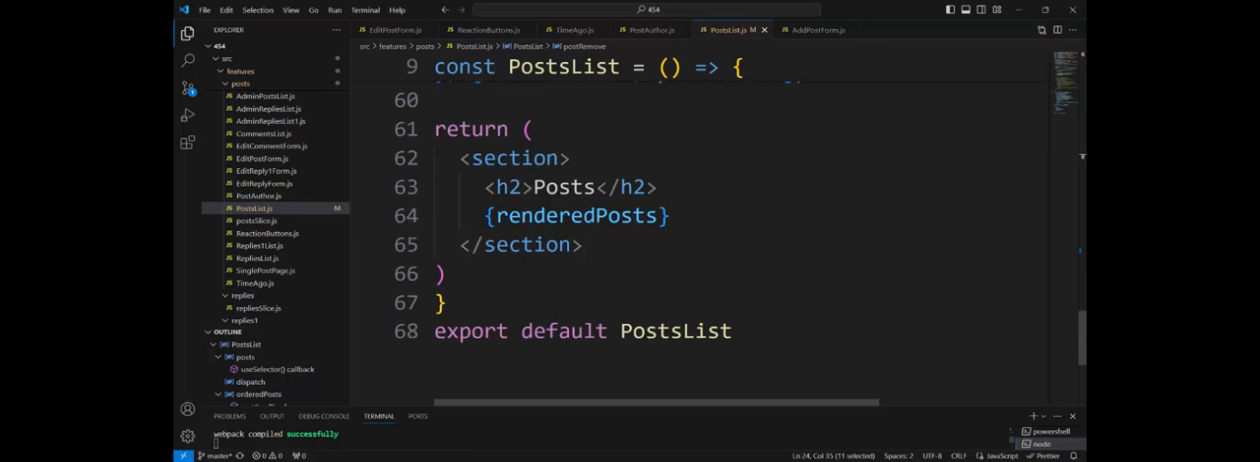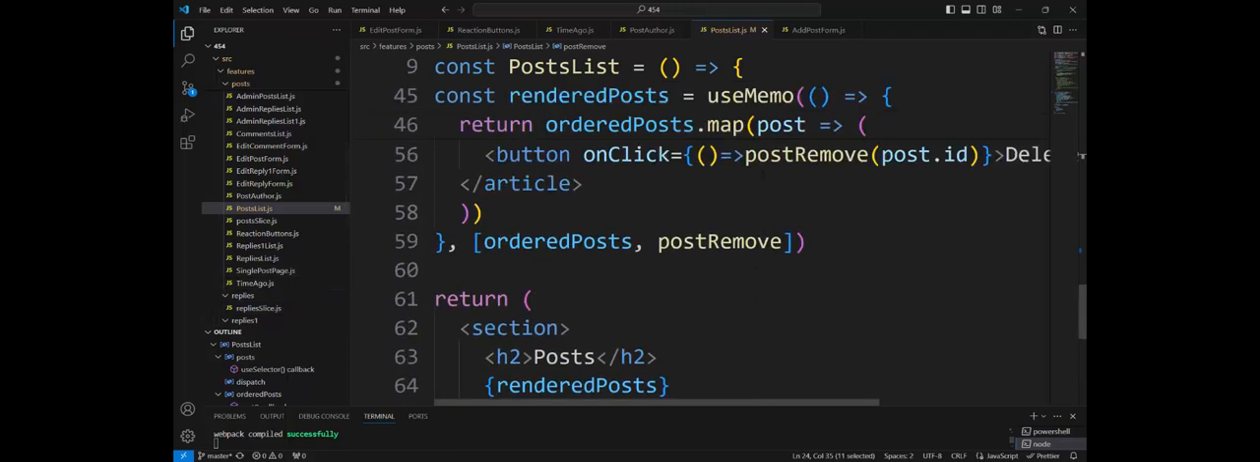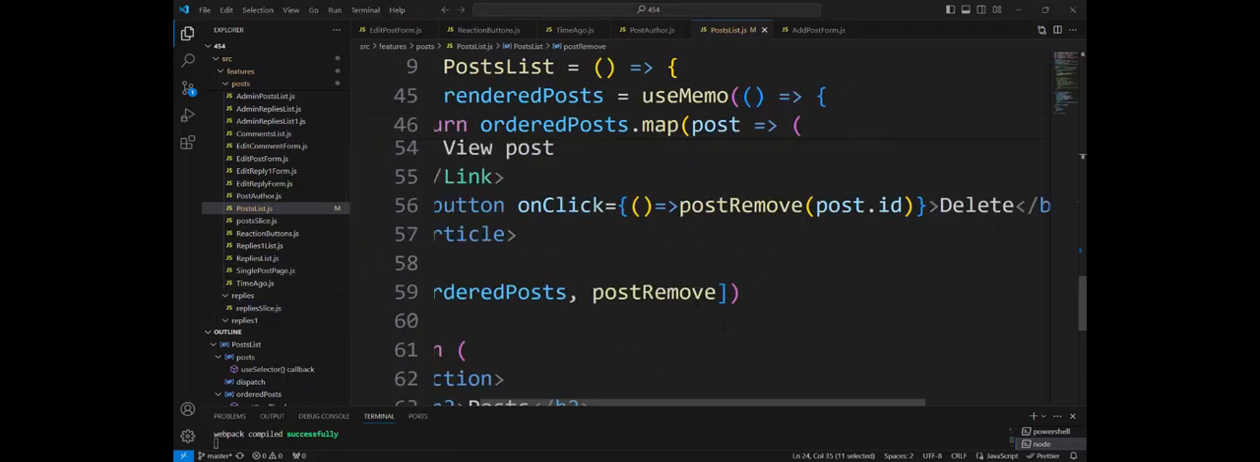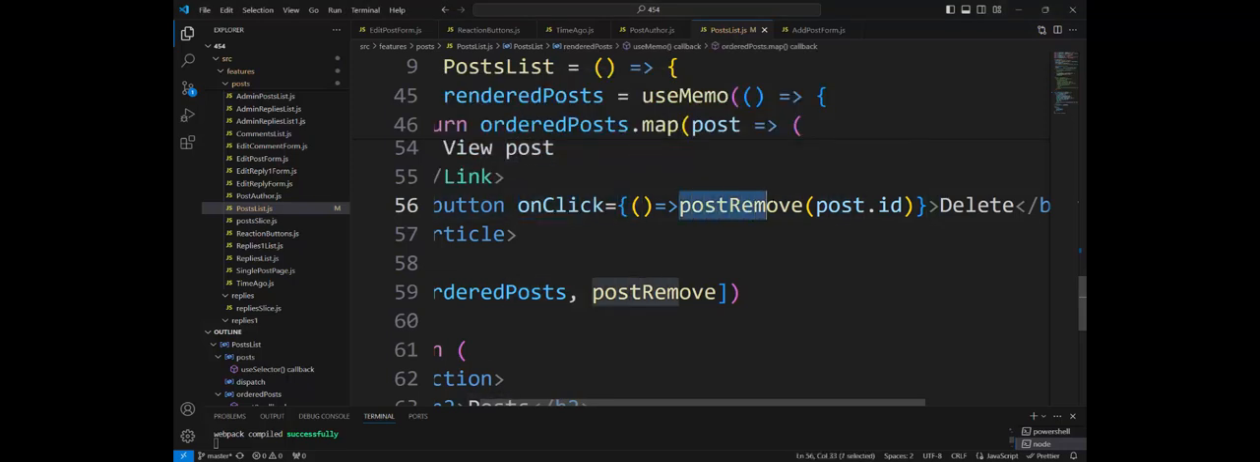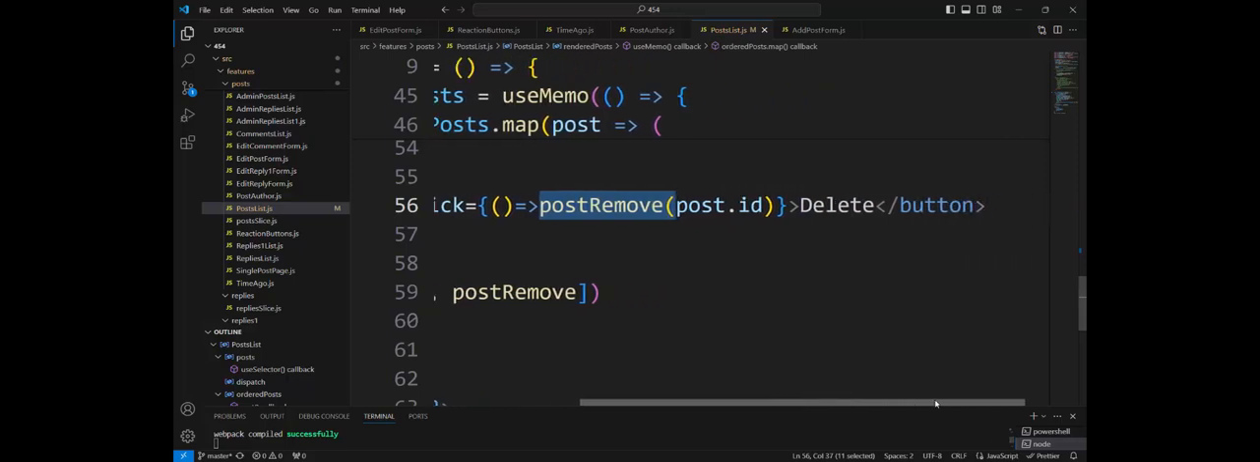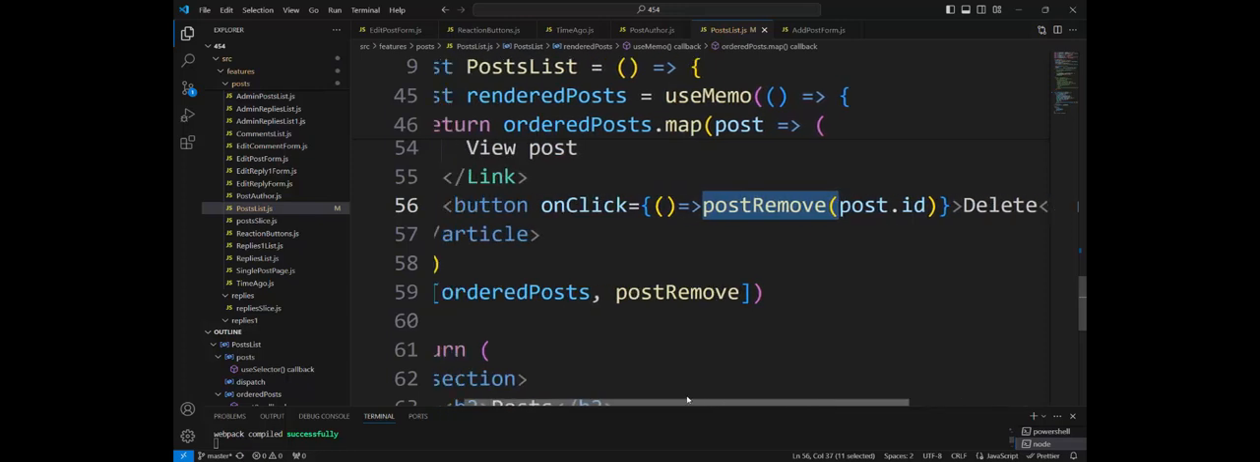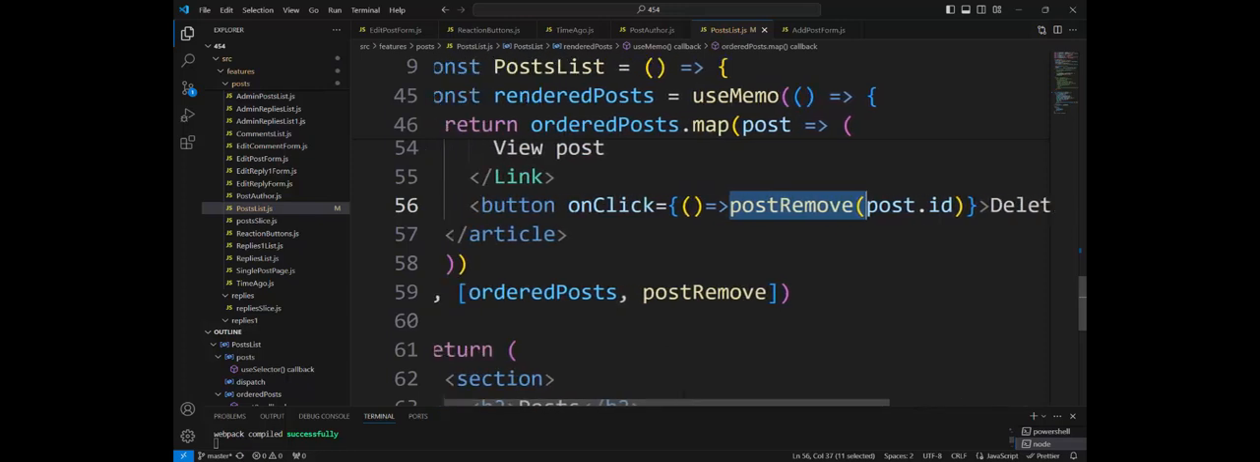Button on call, on click, post list. Here it is, on click. On click, call post remove. Post remove with post ID when we push delete. And in this situation, when on click call post remove